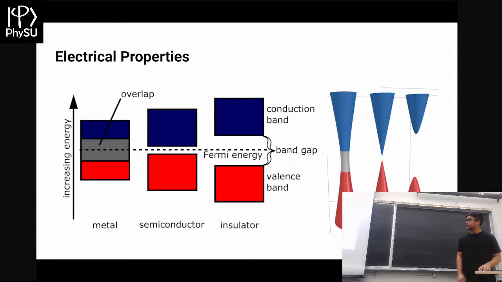So these two pictures are a 1D and a 2D representation of what you might see. All the way on the left, that's a metal. That's the case where these two bands are overlapping on top of one another. Then a semiconductor where you have a small gap, and then an insulator where you have a large gap. So from that you can tell if you have your Fermi energy somewhere inside of a gap, you have no conduction electrons, and so you won't have any conductivity.